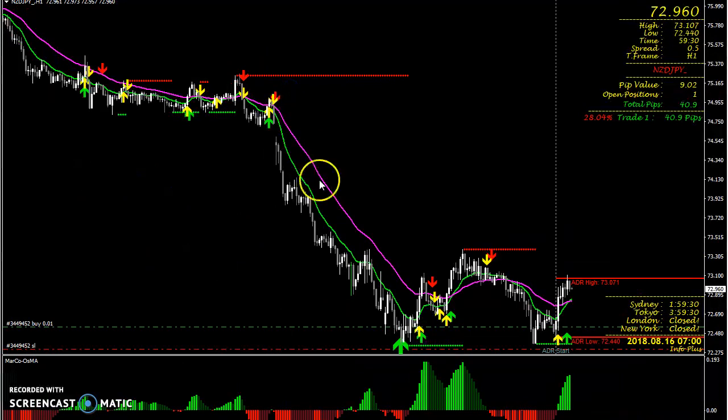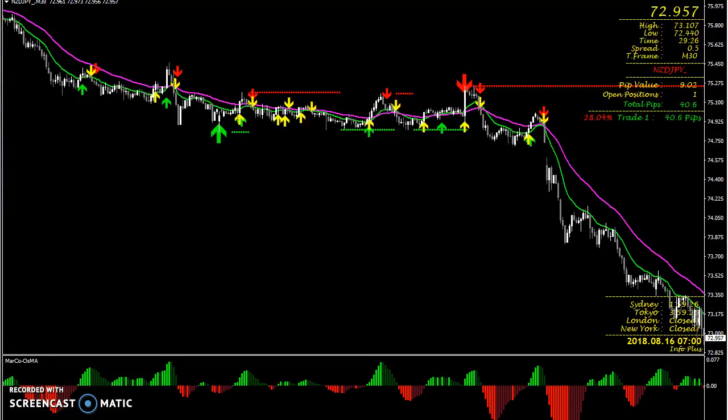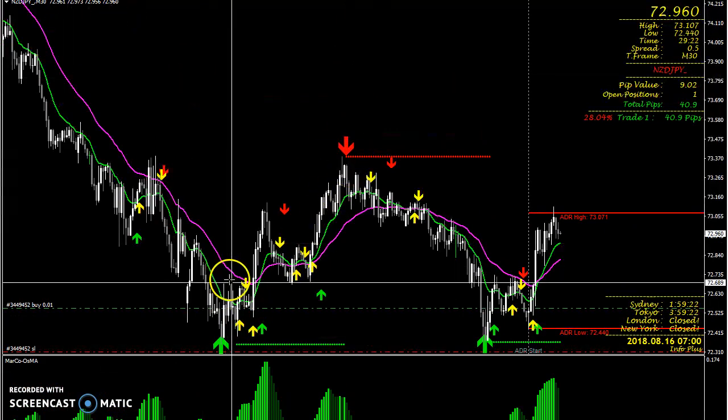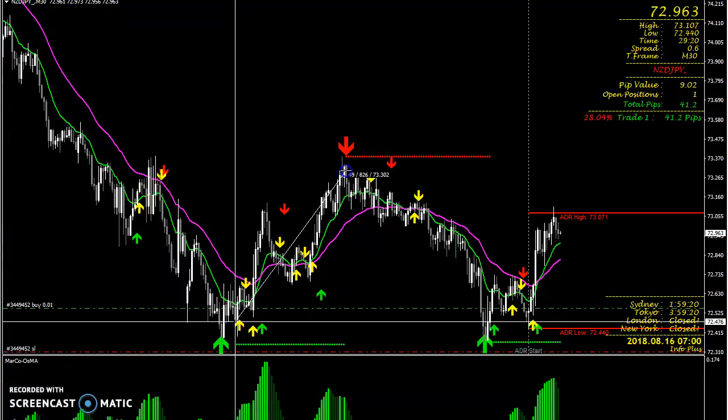You couldn't see it here on the 1 hour. You just see the double arrows. But on the 30 minute, it actually shows you exactly what happened. It went up and did catch some pips. So that's why I said if you want to use it on the 30 minute, you'll catch these pullbacks a lot more. You'll have to pay attention a lot more than on the 1 hour or the 4 hour, but nevertheless,